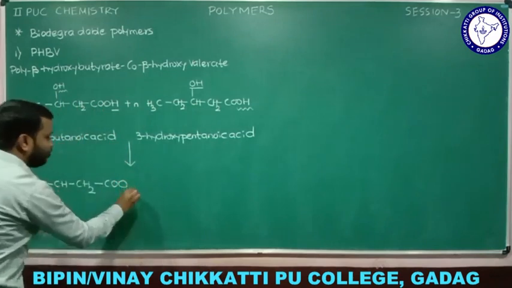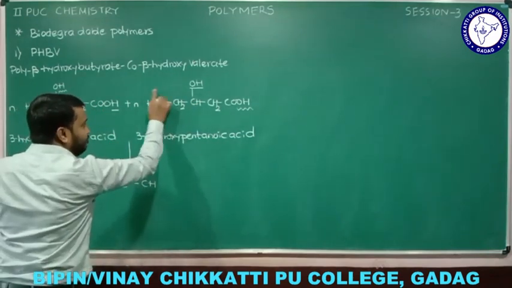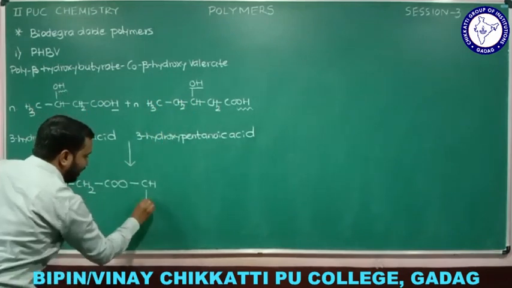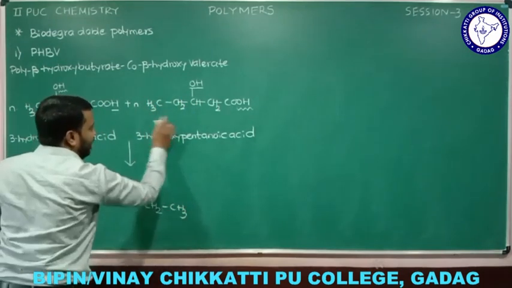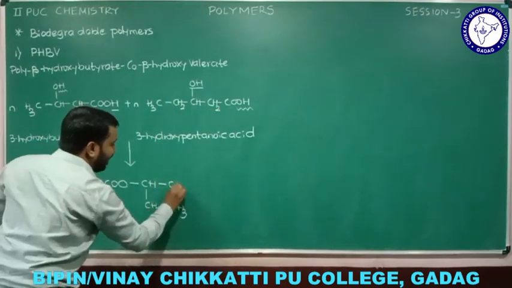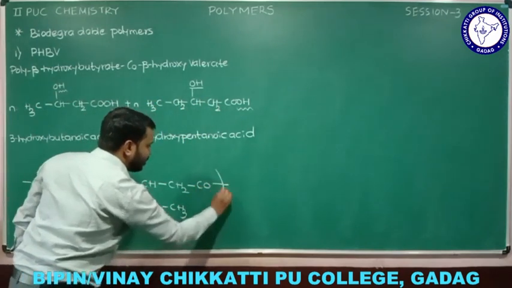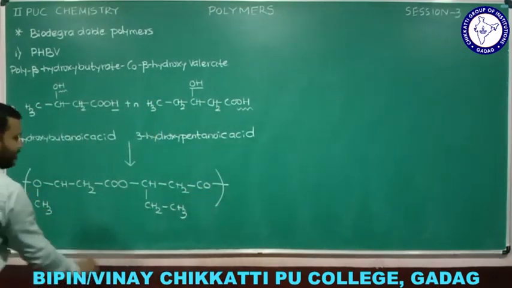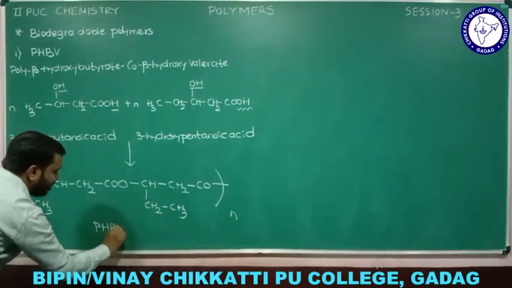So after CO and CH will be this carbon, and on the left side we have CH2 CH3 that I will write below. CH2 CH3, see, on the left side I have written this carbon is this carbon, okay, and on the right side we have CH2 and OH is removed and CO that will extend here, and place the braces and write n, and that will be the structure of PHBV, and that is